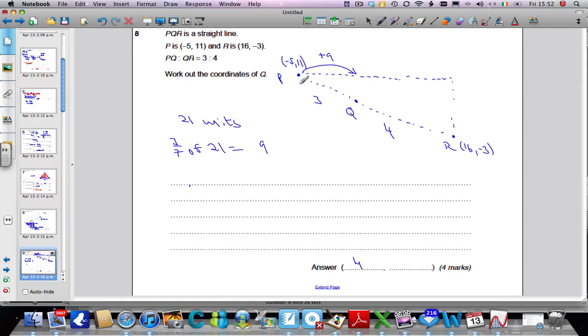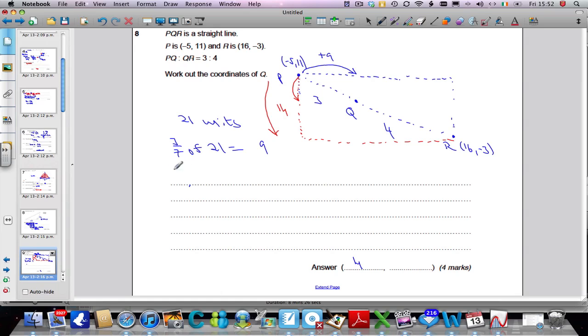I'm going to do a similar thing using the y. So let's switch to red for working out the y coordinate. Let's try that again. I'm interested in how many units I have to go down to get to R. I'm going from 11 to negative 3, which is a total of 14 units. I'm going 14 units down, but I don't want to go the full 14 units down. I'm only interested in going